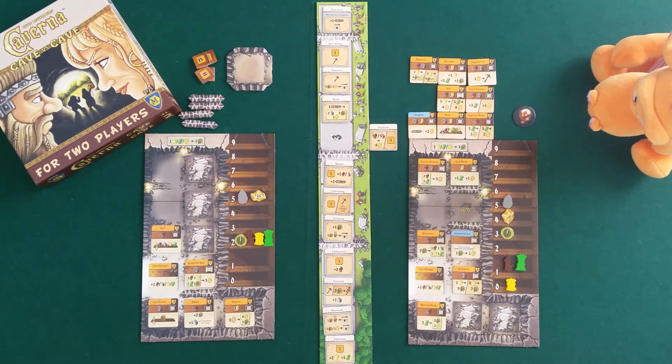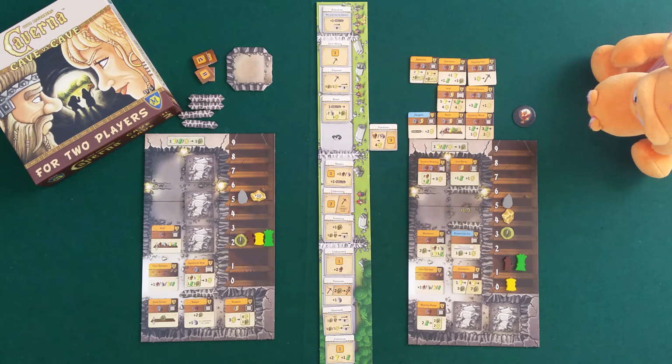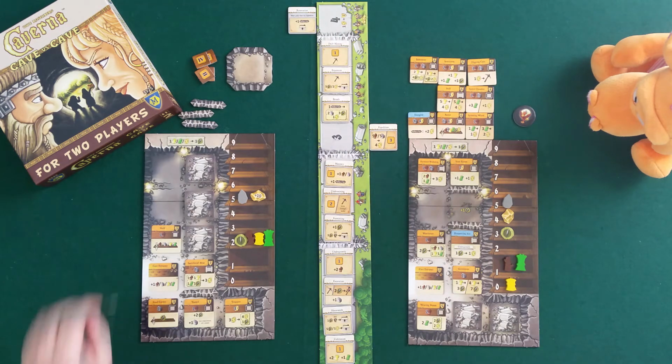So what do I do for my first turn? Now I kind of want to do the renovation, I guess. Because then I could grab, then I could go for the, but I don't need that. You know what, I'll do it. I'll put a wall like,